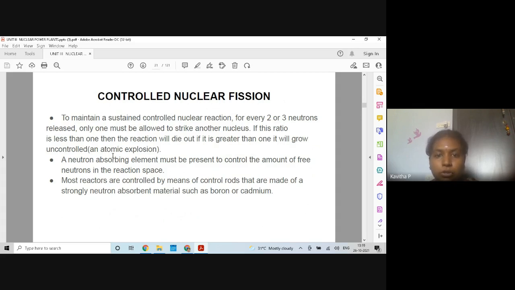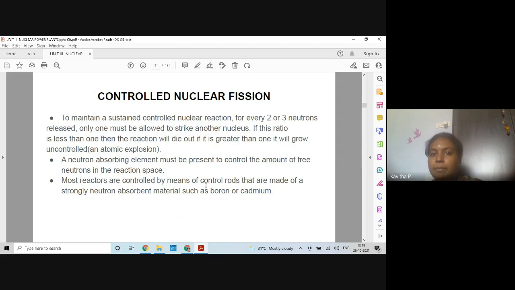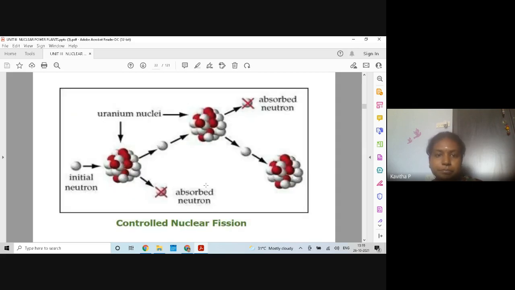And if we do not control the nuclear chain reaction, an enormous number of chain reactions will take place, and it will lead to an atomic explosion, which could be a very dangerous situation. So we should be able to control the chain process using control rods, depending upon the requirement of power, and also maintain the pressure and temperature inside the nuclear reactor. The reactor temperature should be maintained within the limits along with the pressure. So this is the controlled fission reaction.